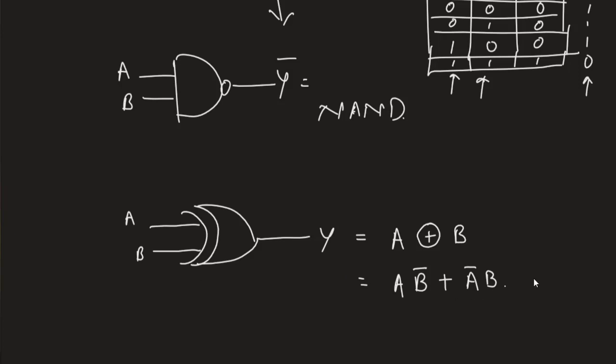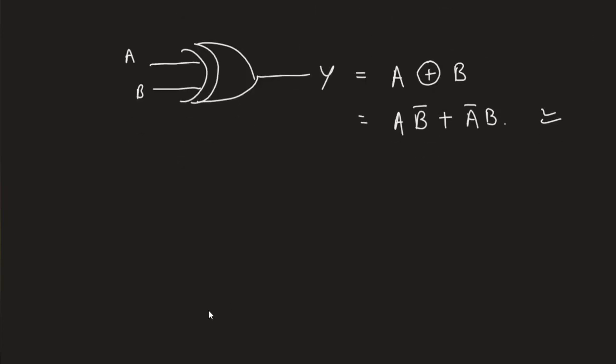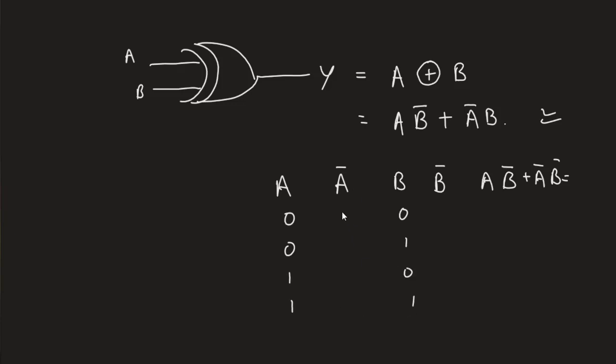Okay, so how is this going to be? A, then you can write A complement, then when you write B, write down B complement. Then have this combination, A B complement, then write down A complement B, and then add these two things to get the final result. Okay, so I have the truth table. You can do this mathematics at your home. 0 0, 0 1, 1 0 and then 1 1. So A complement will be like 1 1 0 0. So the rest of the calculation you can proceed independently.